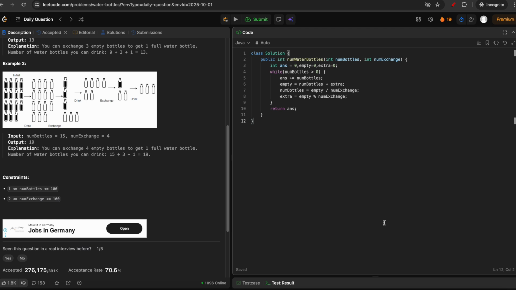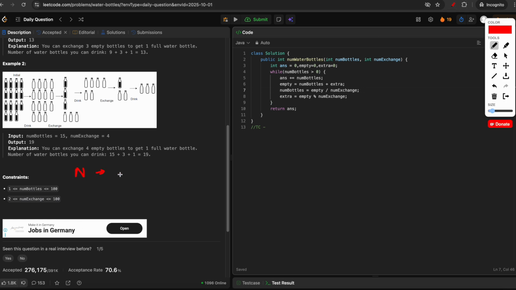Finally, let's do the space and time complexity analysis. So for the time complexity, in each loop, we are dividing the number of bottles by the num exchange. So the total complexity will be order of log N. To quickly prove that, if we have n, and in each step we are dividing it by k. So first it will become n by k, then n by k square, then n by k cube,